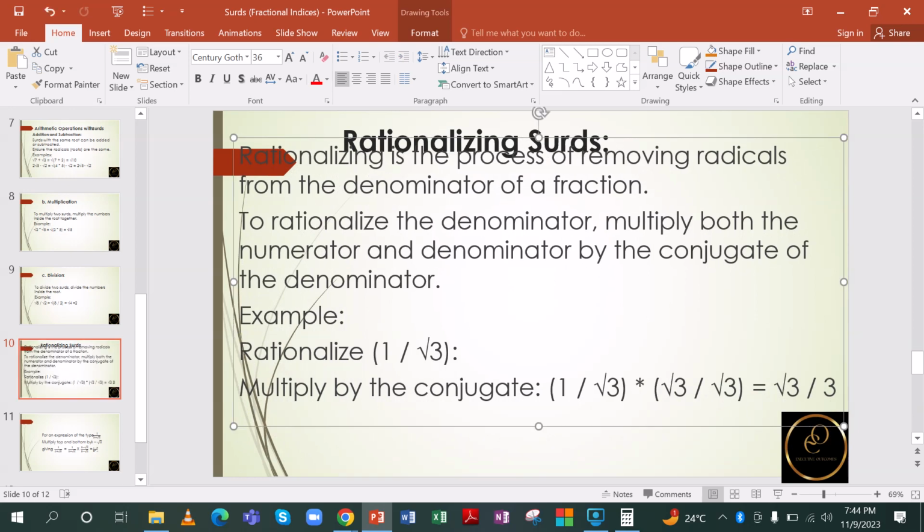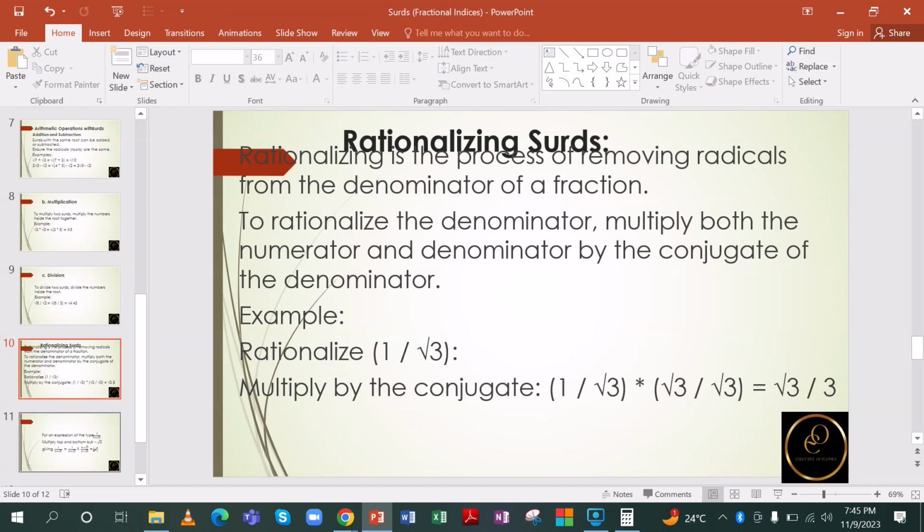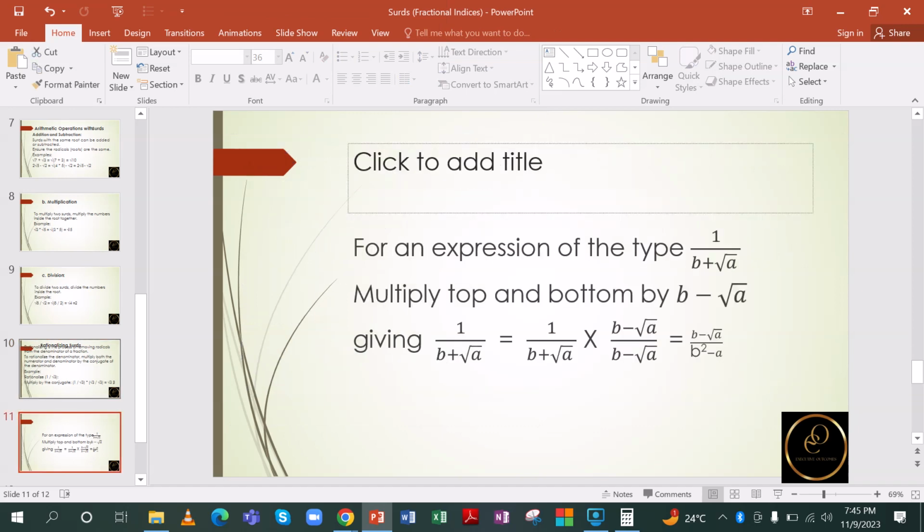When you work this one out, you are going to have square root of 3 divided by 3. Square root of 3 divided by 3. So if you cancel out those,